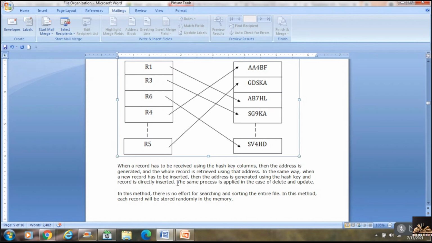What this means is you cannot use different hash functions to insert, delete or update the records in a file.